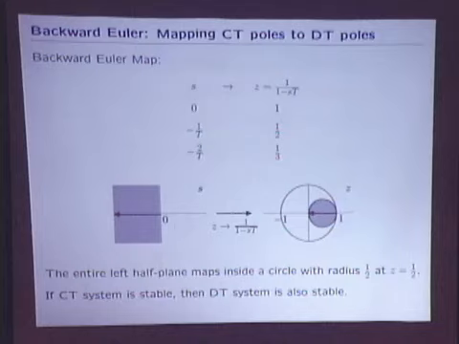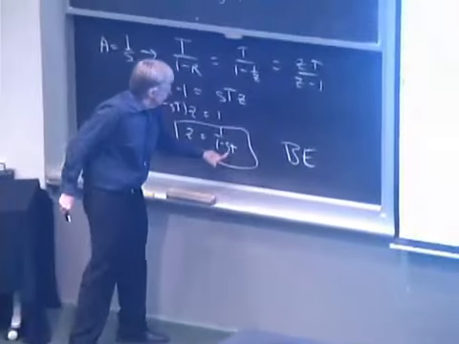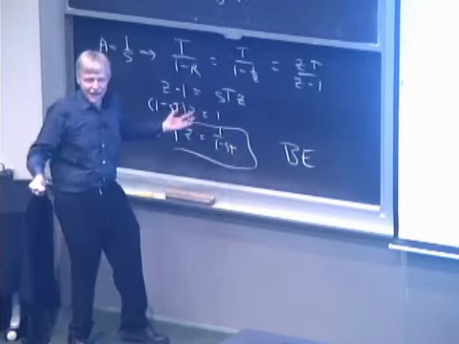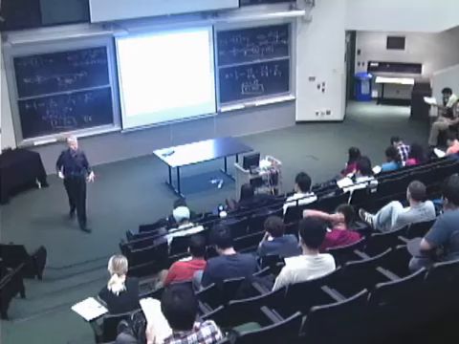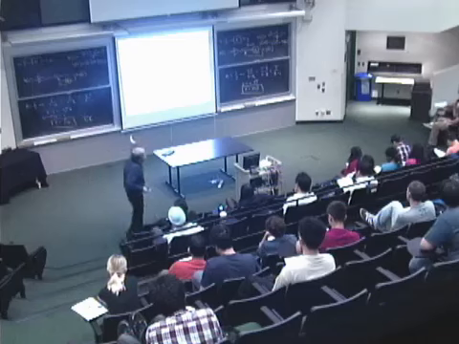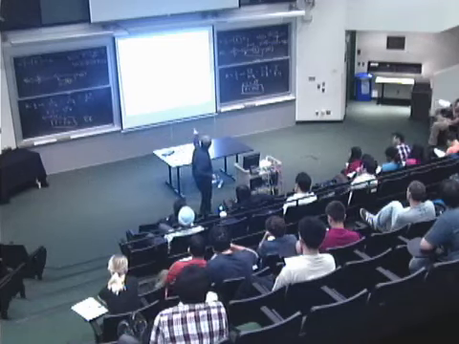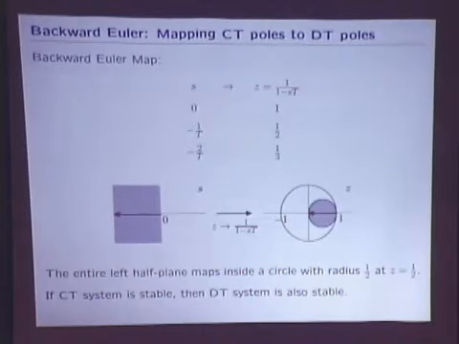The entire left half plane maps into the circle that's shaded on the right. If you just make a picture, plug in S equals 1, where does Z happen? Plug in S equals minus 1, where's the new Z? Plug in S equals 1 over T, where's the new Z? All of the values in the left half plane for S map inside a small circle in the Z plane,